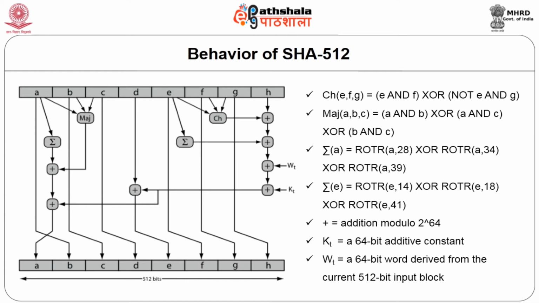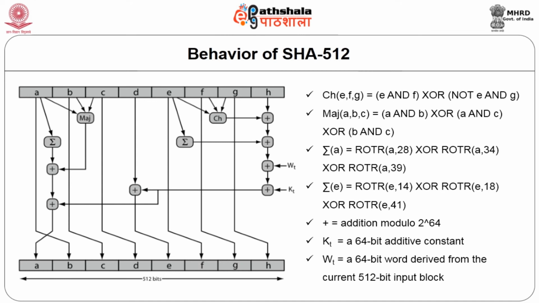What is the observation? When we have new A and E, they are the computation values. All other registers have simply substitution operation performed on them. So 6 of the 8 words of the output of the round function involve simply substitution. Those include B, C, D, F, G, H by means of substitution, and then only 2 output words are generated by some computation. Round word WT and constant KT, the word are also generated through the substitution.